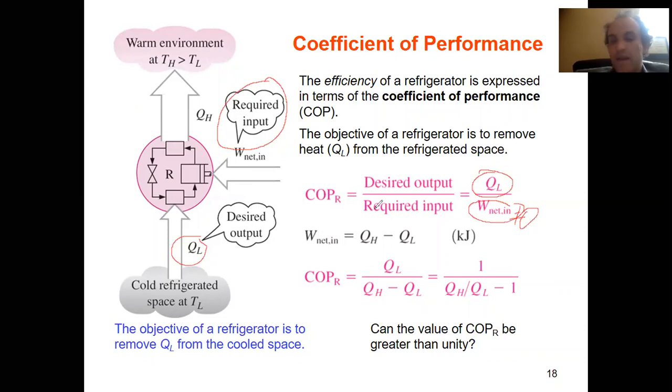Does it make sense? Now, let me ask you, unlike thermal efficiency, which should be less than 1, can this value be larger than 1? The answer is yes. Because please understand what a fridge actually is. Here you don't convert heat into work, or vice versa. This is like transferring. So your fridge is like a cart which brings heat upstairs.